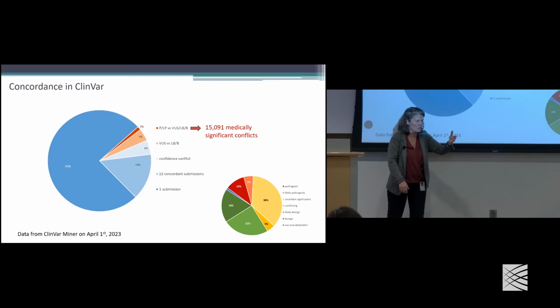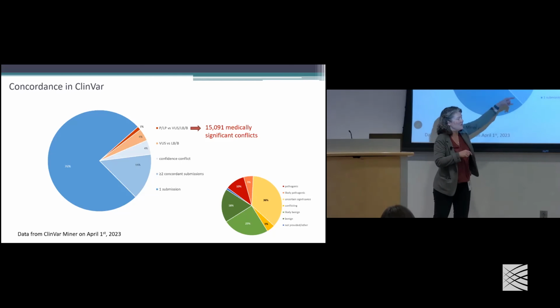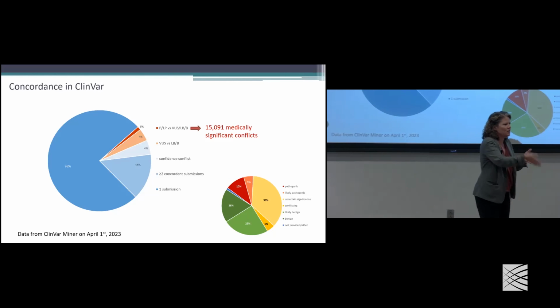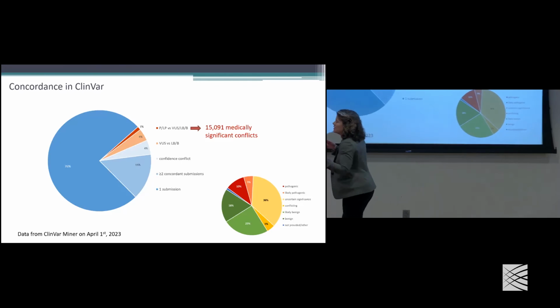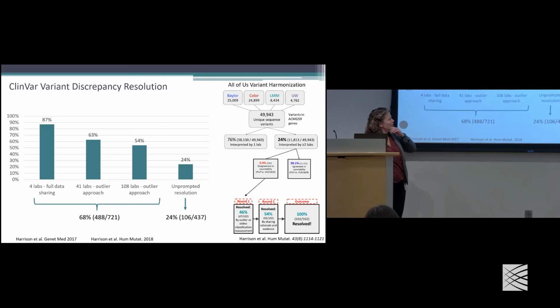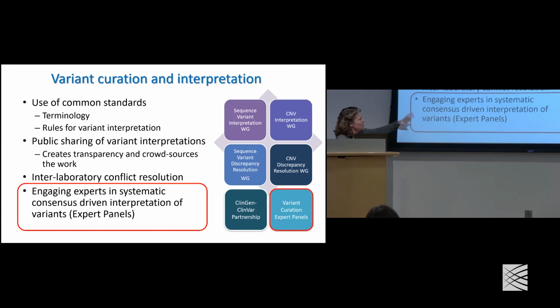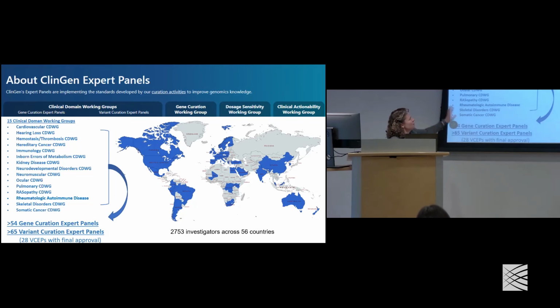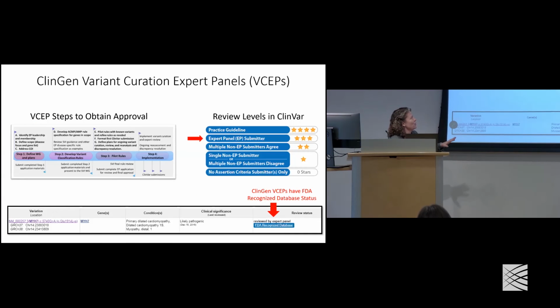Actually, this ClinVar curation project we're doing is tackling all these medically significant differences to see where there are real differences, where people disagree, versus just old things mucking up the system that we're going to take out. So we're working on that. Okay, I have no minutes left, so I'm just going to fly through the very end. We do discrepancy resolution between labs, and then I told you we engage experts. We have 110 expert panels around all these different disease areas, people all around the world working. They have to go through a rigorous process to develop their specifications. When they do that, all our expert panels get the FDA recognized tag.